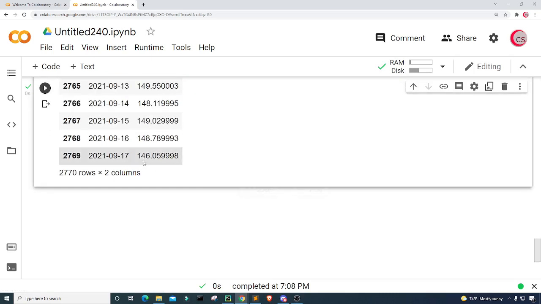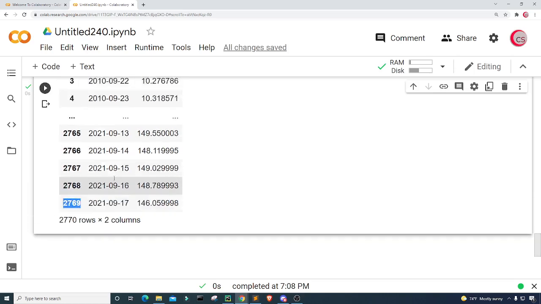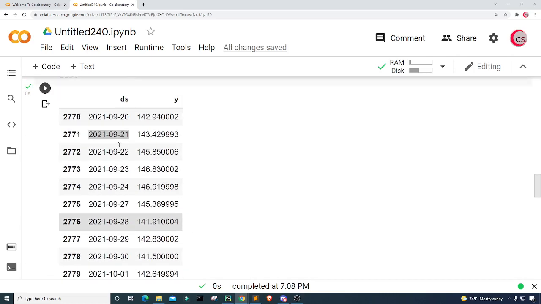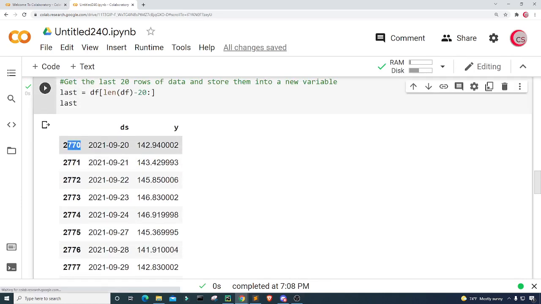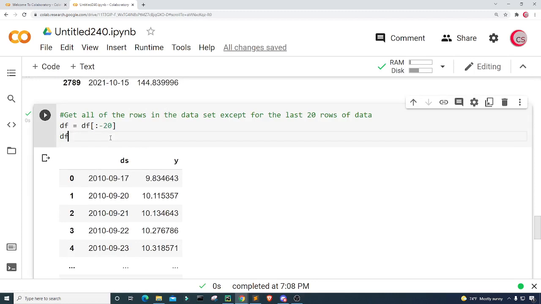All right, and now we can see that this data set contains 2,770 rows of data, and of course our two columns. And you can see that the indices stop at 2,769, and in last you can see that the indices start at 2,770. All right, so now we have our two data sets, and we're going to train the model on this df data set. Okay, so let's create a new cell,